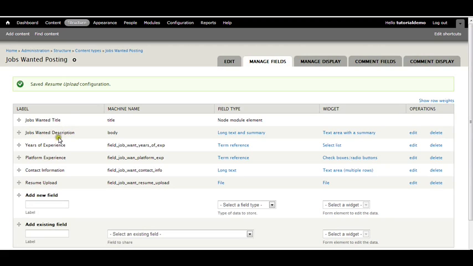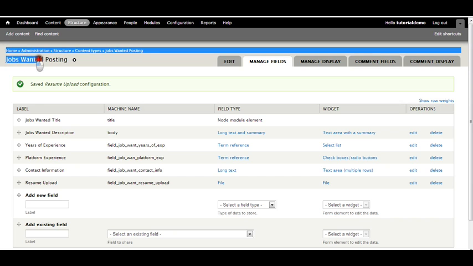Alright, and now this task of adding fields to this content type is pretty much done. If you're wondering, I want to limit who can upload files, or I want them to be logged in, or you're thinking ahead, that's good, but again, we're going to get to all that later. Right now, we're just laying the groundwork and going over the fundamental building blocks and tools that you have available to you. And where we're at right now is we're adding fields to the content types that we think we're going to need in this fictitious website that we're creating here. And we've just now completed the jobs wanted